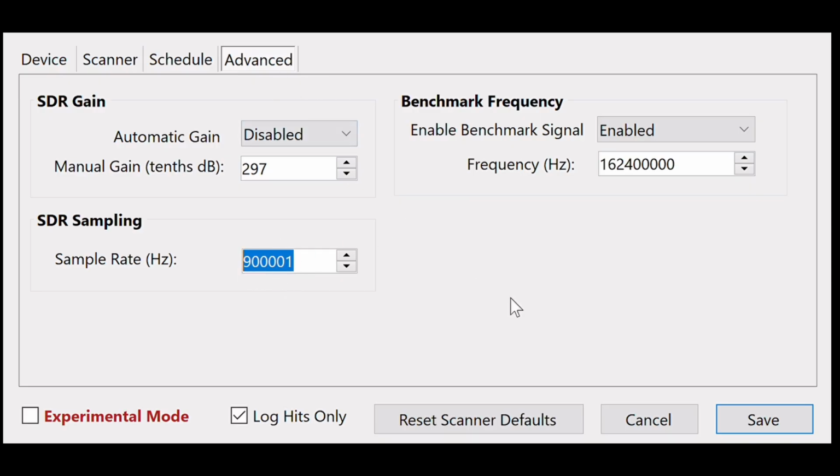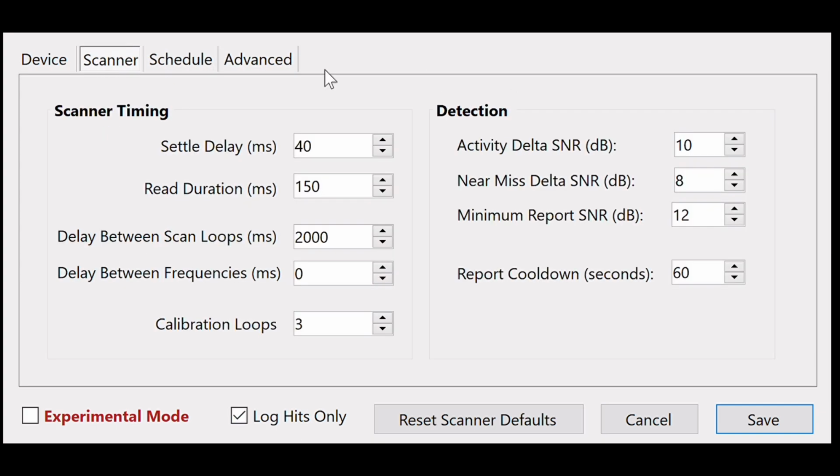But that's it. The other things are, let's go back to here on the scheduling. Let's look at the scanner. We cover these values here. If you're going to play with these for whatever reason, turn this experimental mode on. That means the software is going to run just like it does when you're running it in real mode. It looks like it's sending up to the gray line fabric, but it's not really going to send that packet